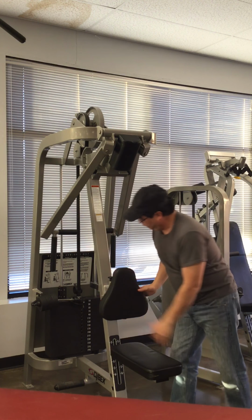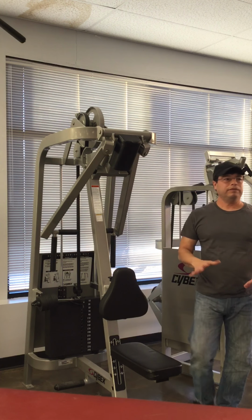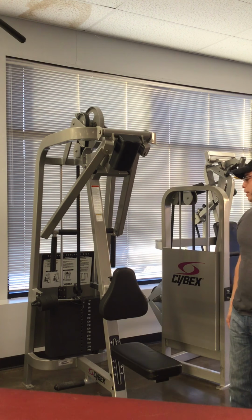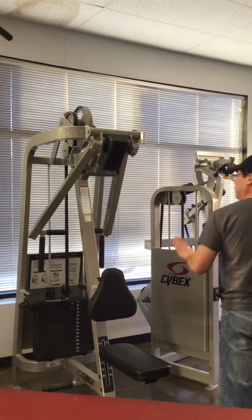So you want to start light. That was 10 pounds, 15, 20, 25. And again, some bodybuilders can do a lot more, of course, 30 to 50 pounds on that. Perfect. All right, so seated row,